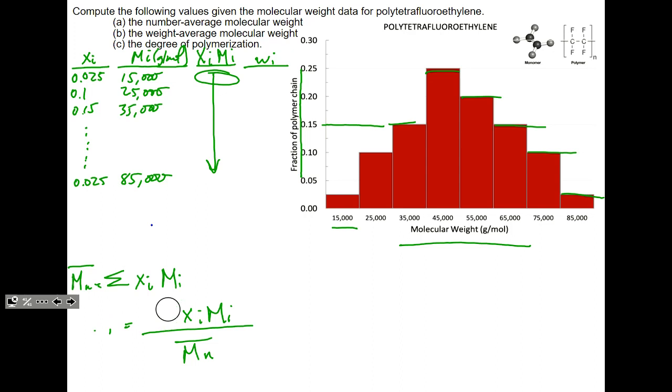I jumped ahead. Sorry, everybody. It's xi times mi divided by the number average molecular weight. So you can tabulate that. And then your weight average molecular weight is just the summation of wi times